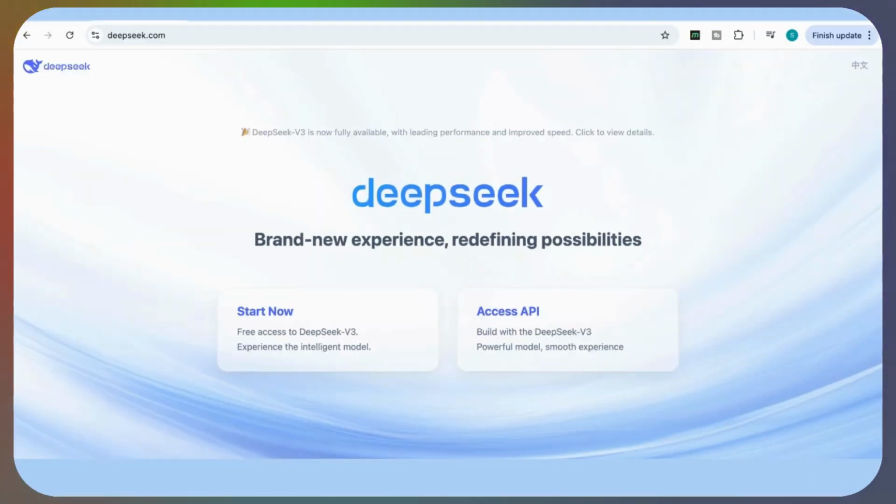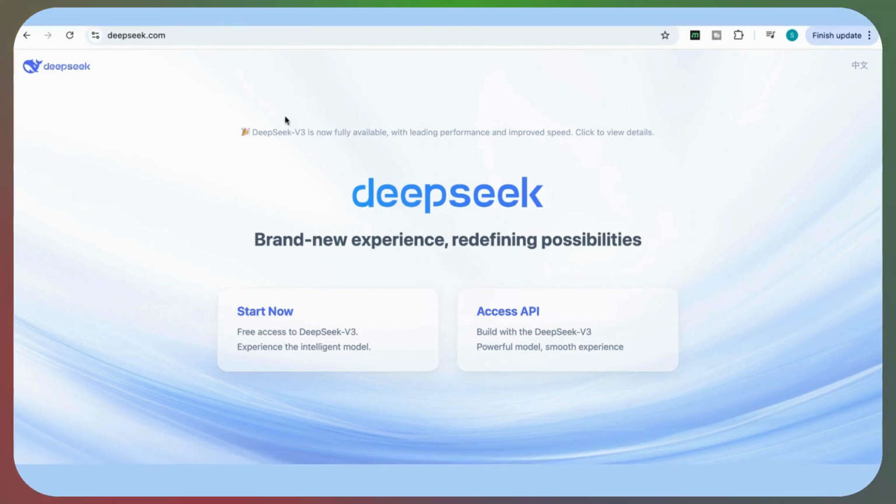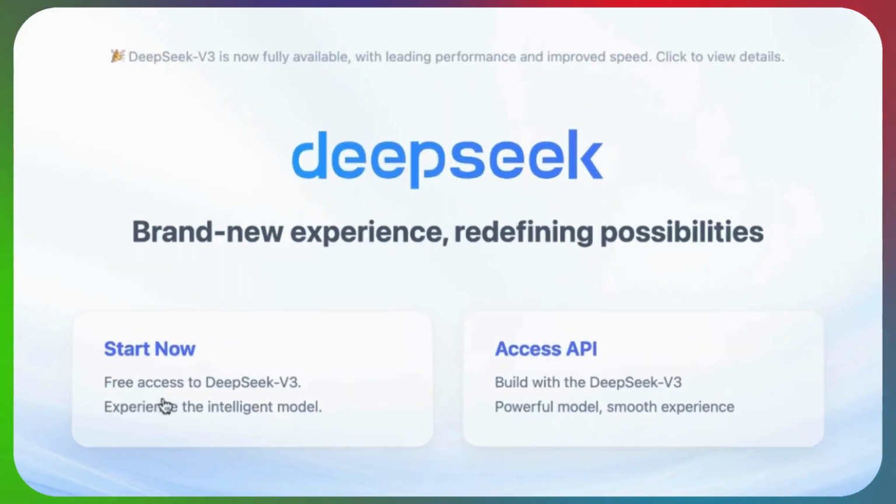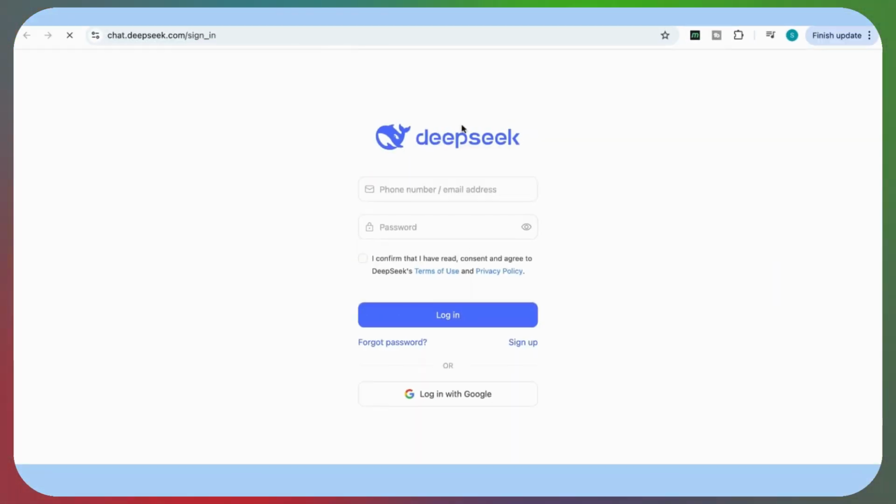So let's explore the new features that come with DeepSeek version 3. It's a completely free AI model, so let's see whether it stands up to the benchmark results. So let's get started. In order to get started, you need to go to DeepSeek's official website, which is deepseek.com. You'll see some news here about the new model, which indicates that it's completely free to access DeepSeek version 3. So we're going to click here on Start Now, and you'll see that it takes you to the page